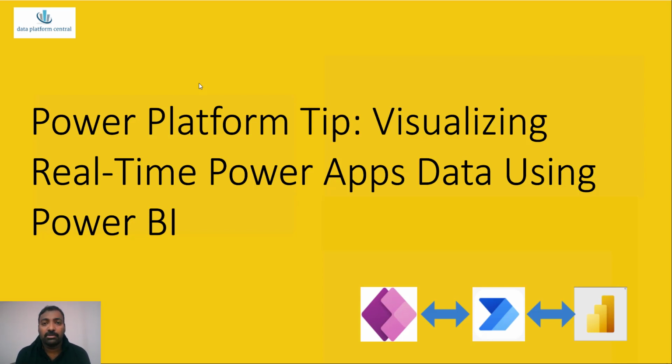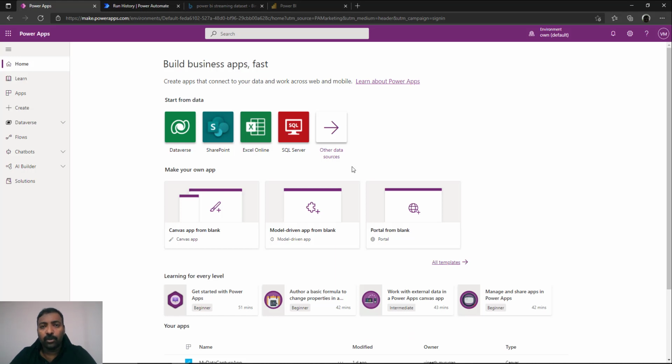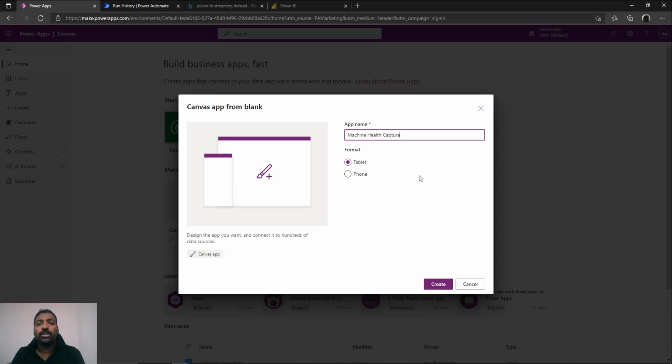So let's see how this is implemented using all the three services: a Power Apps based small application, a Power Automate based job on the background, and a Power BI dataset and a dashboard which will be used in the visualization side. So let's start off by going to the Power Apps. We are going to create the application as our first step. We are going to create a Canvas app. So we are going to create a very simple Canvas app. We are going to name the app Machine Health Capture and we are going to make it based on a